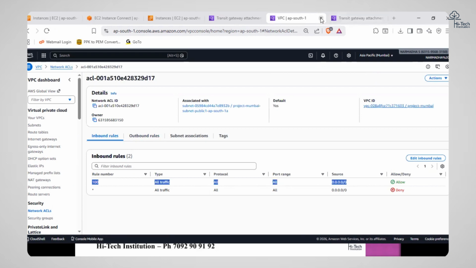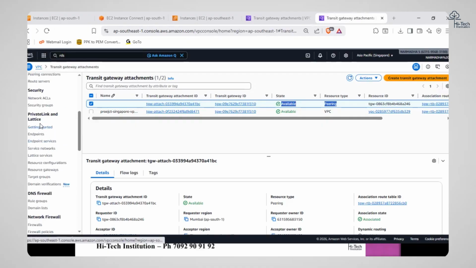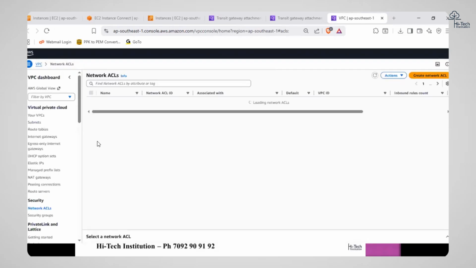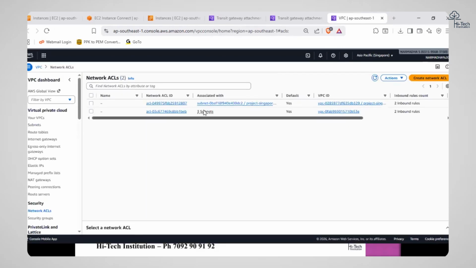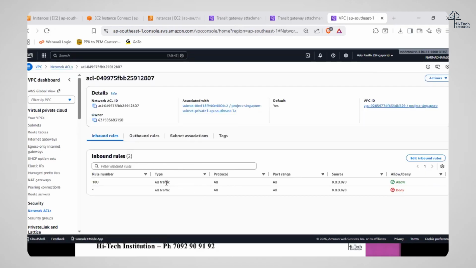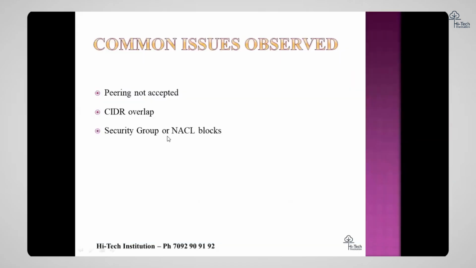Similarly, we'll check the Singapore region for anything blocked. Look at that, we have opened all. There is no explicit deny for anything. So I'm damn sure there is no issue with the security group which I attached to the EC2 instance side, and there is no issue with the network ACL.